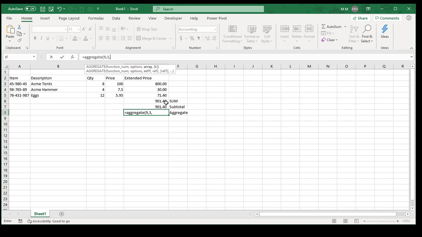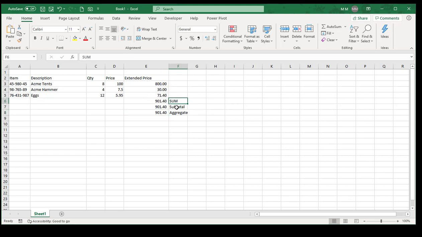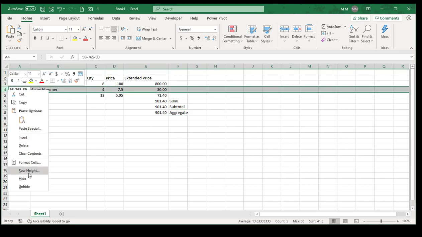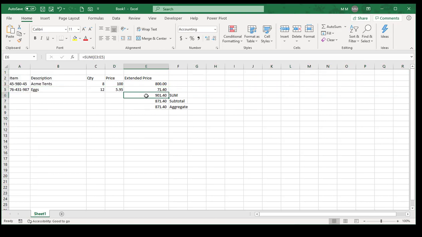Press a comma, and now what am I going to add up? I'm going to add up all of this from E3 to E5, close the parentheses, and we have 90140. So with the raw data set, sum, subtotal, and aggregate are exactly the same. Now once I start to hide stuff, sum is not incorrect, but it doesn't show the sum of the visible cells, but these two will show the sum of just the visible cells. So right now you can see that subtotal and aggregate are better than sum, but these two, what's the difference